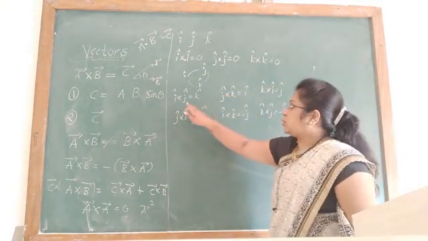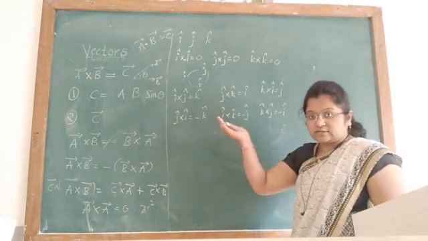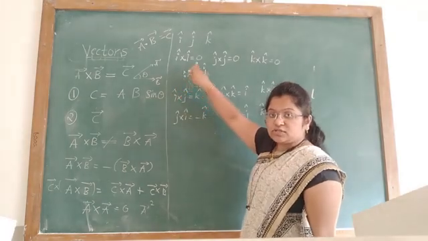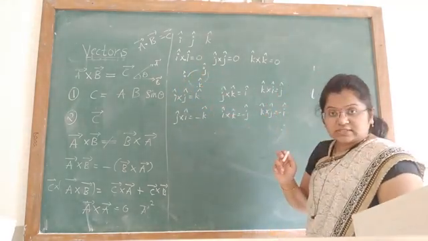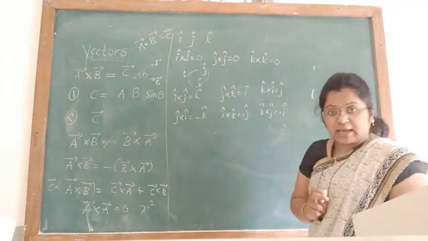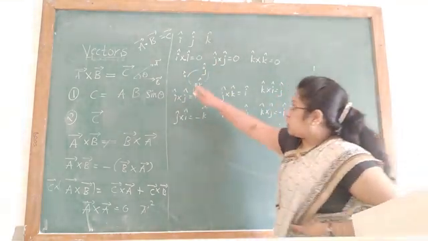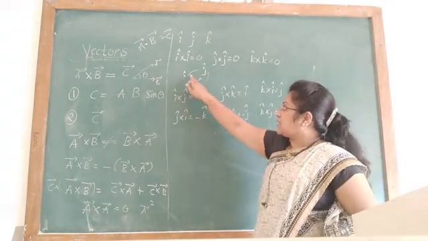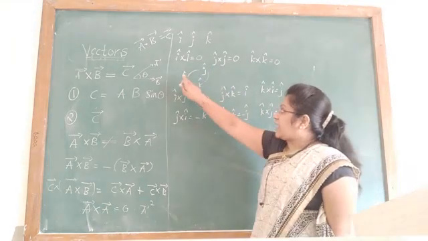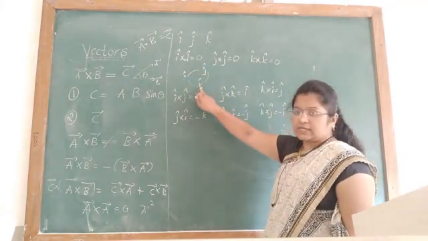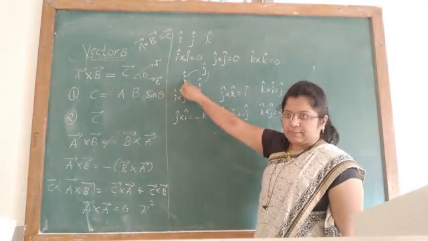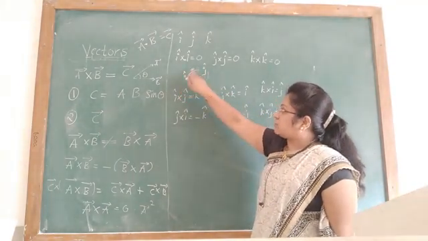Okay. But when you consider different vectors, not the same, different vectors, I cap cross J cap. So how to get those results, see here, you just arrange I cap, J cap, K cap in a rotational manner and they are rotating in a clockwise direction, you consider. Okay, so I cap cross J cap is equal to K cap. J cap cross K cap is equal to I cap. K cap cross I cap is equal to J cap.